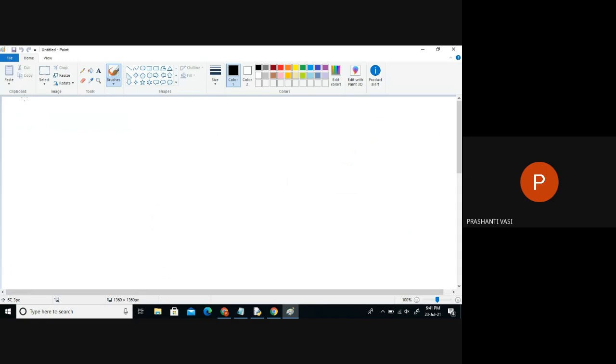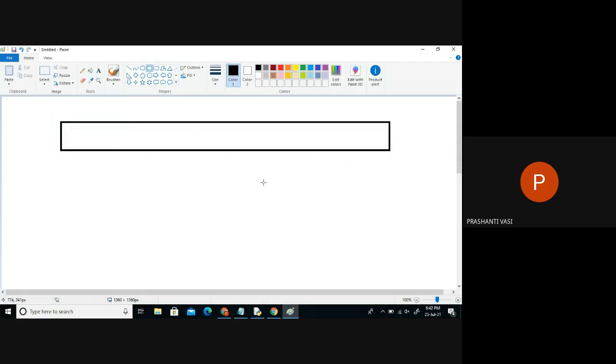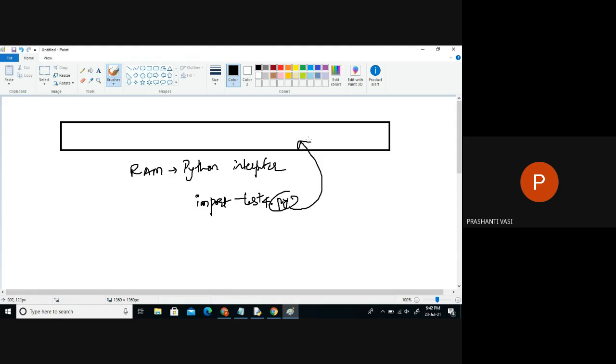So the whole picture, it's a small concept here. Just that point you have to understand. See, when you're running the Python software, just think that Python is running on your system somewhere on the RAM. So on your RAM, your software is running. Which software right now? The Python interpreter. So while the Python interpreter is running, when you type a statement like import and the file name, the .py file, whatever is there, is loaded on the software. The whole file is loaded into this particular software somewhere.